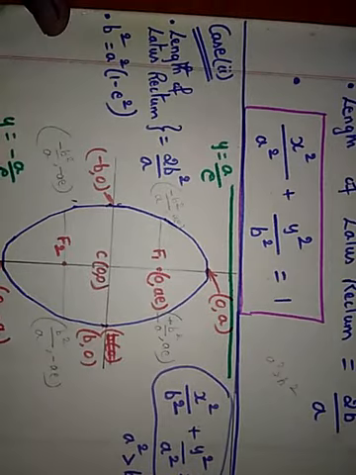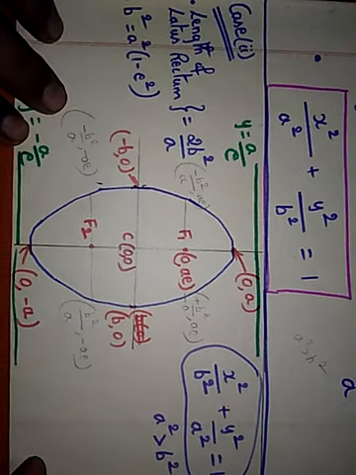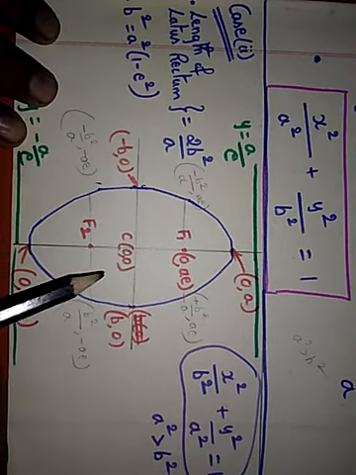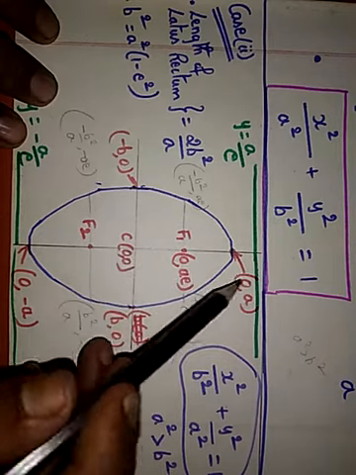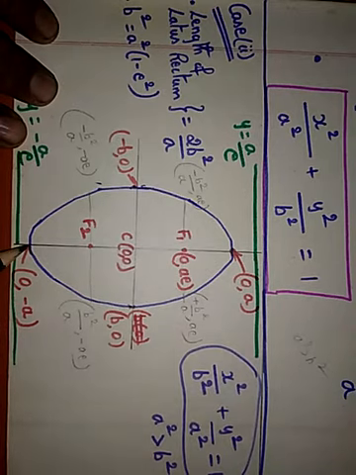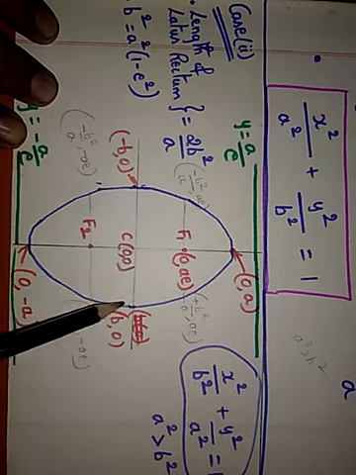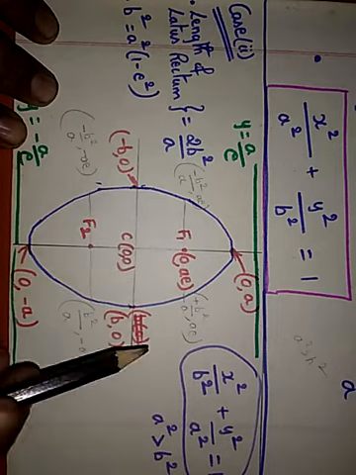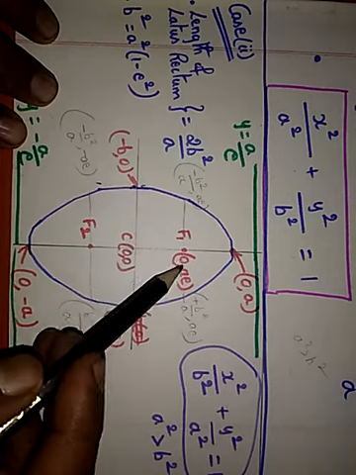Then we have a vertical ellipse. Okay. This is vertical ellipse. The center is here. The major axis lies along the y-axis. The coordinates at this point is 0 comma a. Here it is 0 comma minus a. So this length will be 2a. And this length, minor axis length, will be 2b. This is center. From here it is b. Here it is minus b.